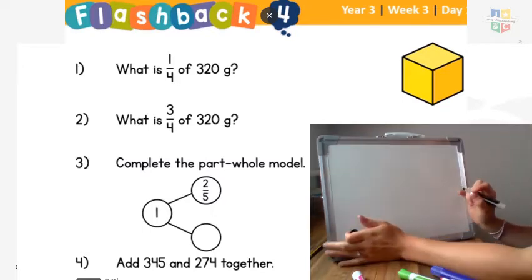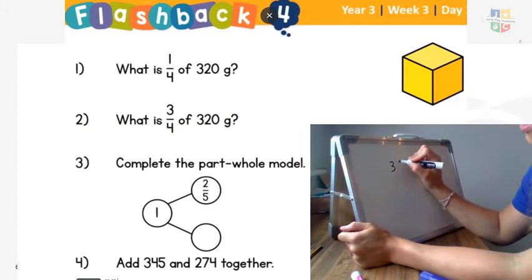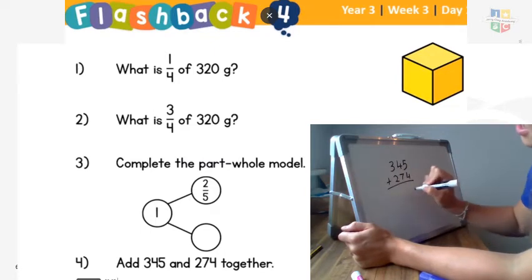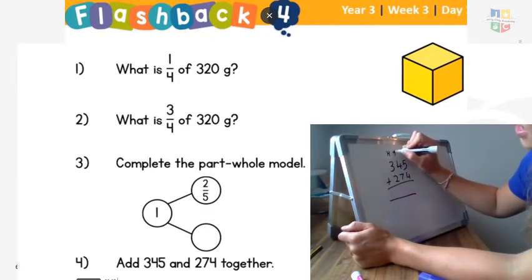Finally, for number 4, this should have been a nice easy one. You are adding 345 and 274 together. So using your column method,